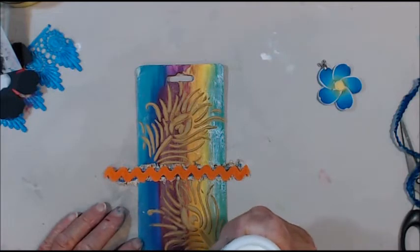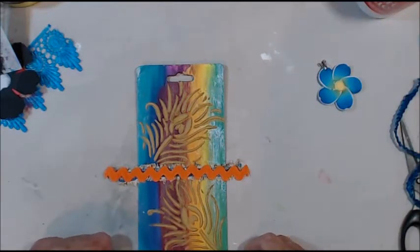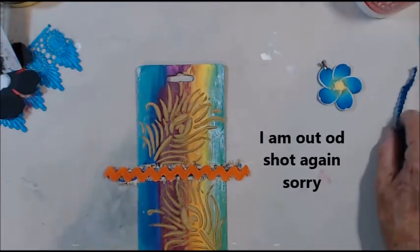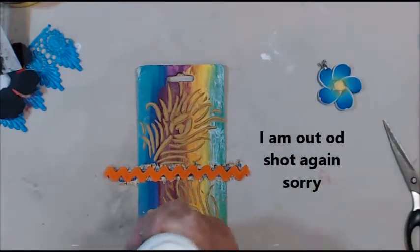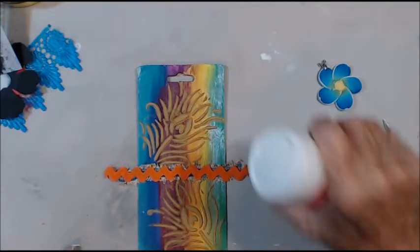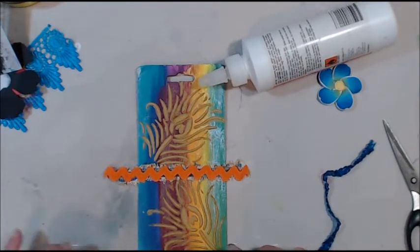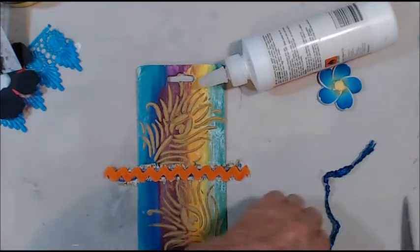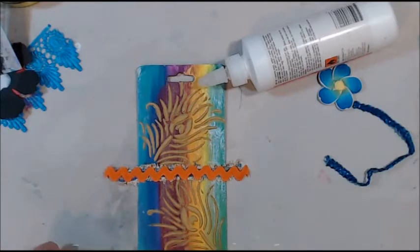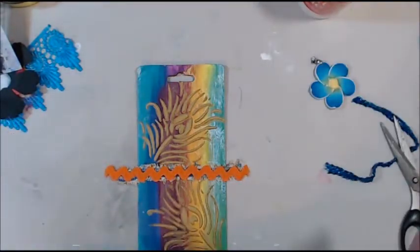As I say, I'm not really got much in the way of boho, but I like it in a weird sort of a way. And over the top. Right, let it trim off. Give it a little moment to stick. Now we want something in the way of a